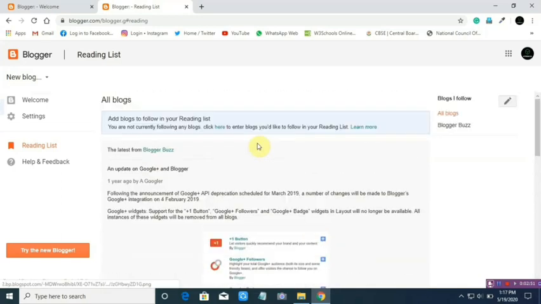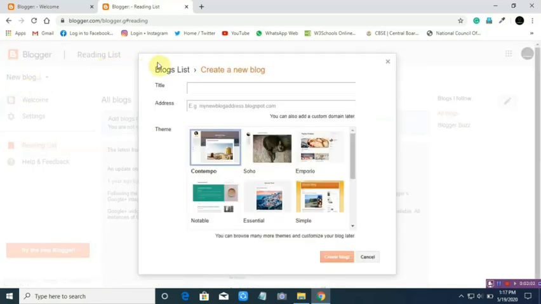So this way we can create an account and log in to any account. Let's see how we can create a blog. First, we write the title, meaning the title of your article. Suppose I want to write, what is a computer?